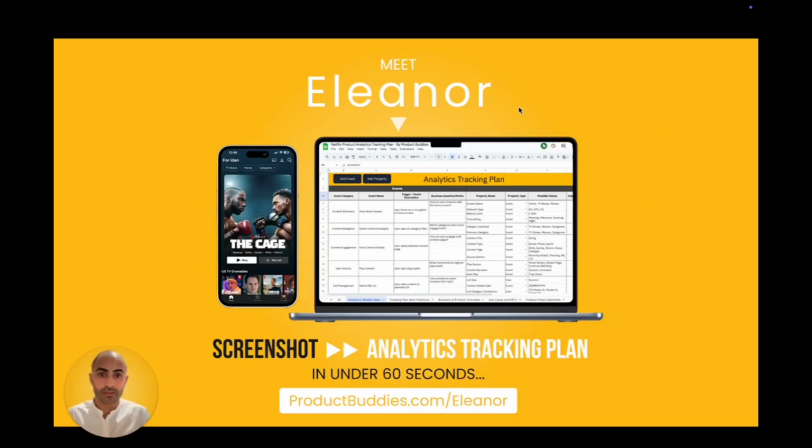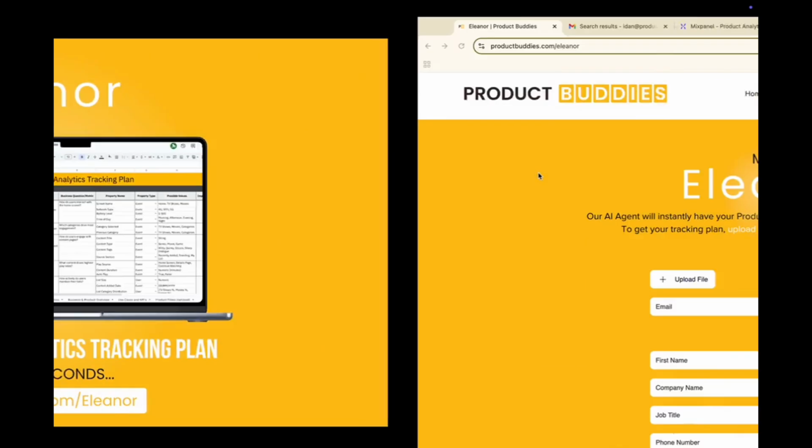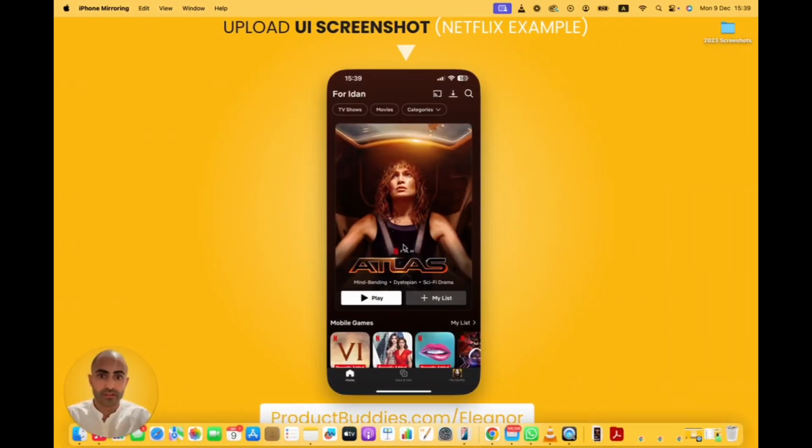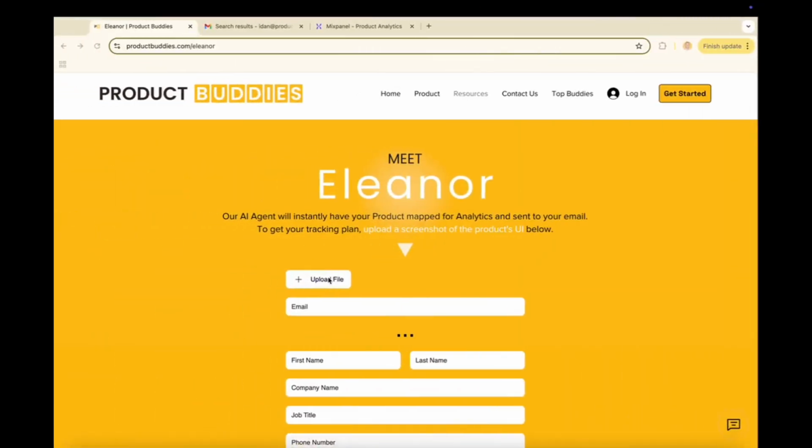If you're using Mixpanel or considering using it for product analytics, you have to try Eleanor, a super powerful AI tool that will forever change how you approach analytics. How does it work? You upload a screenshot of your product's UI. In this case, I'll be using Netflix. It could be web, mobile, or just a Figma frame. You upload a screenshot,